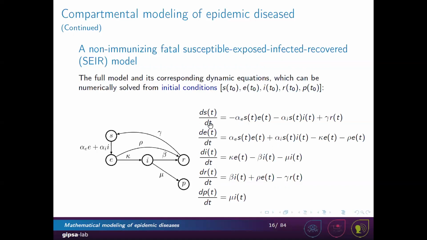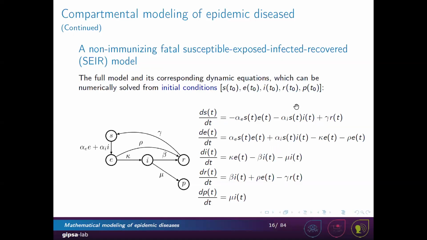So on the left, for example, here we have S dot equals minus alpha multiplied by S, which is the node that we are studying, multiplied by the rate of exit from that group. So we have alpha E multiplied by E, which is this factor and this factor, multiplied by the origin of the edge. The minus sign represents exit from the group.